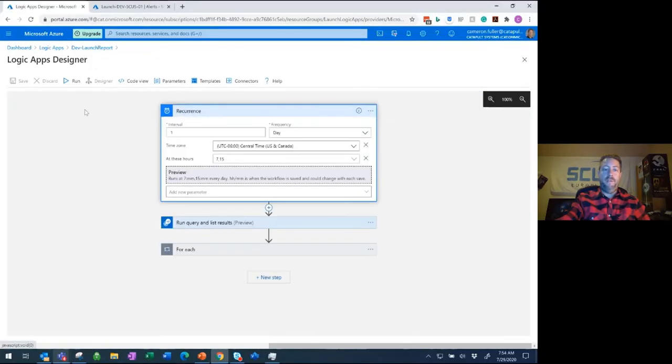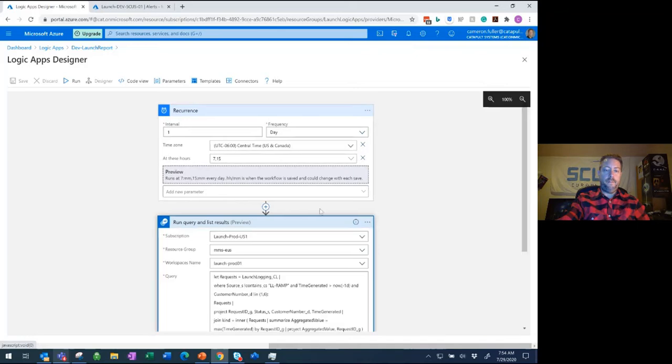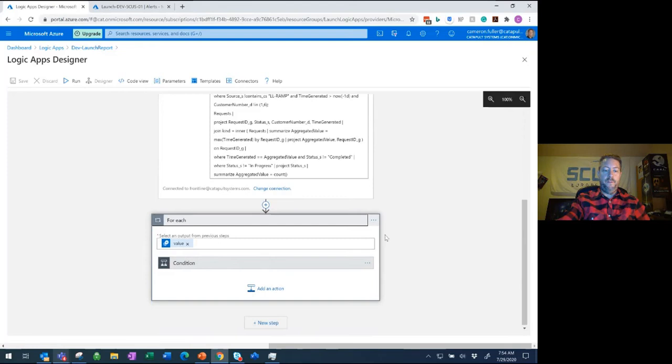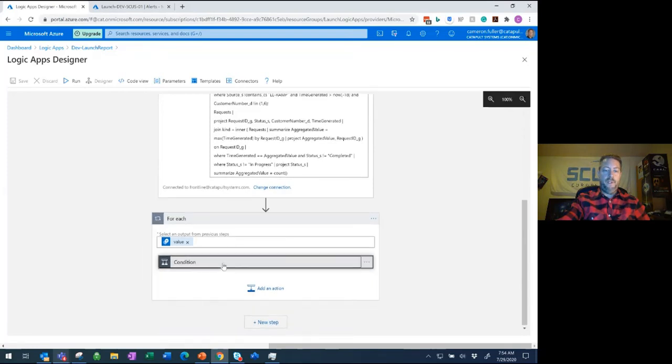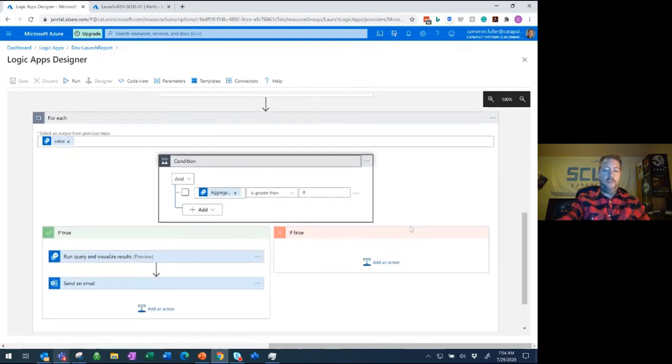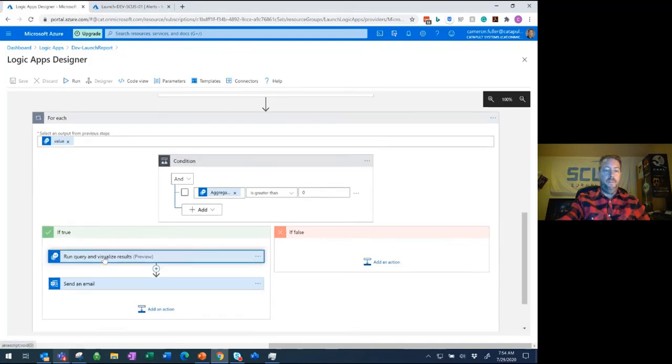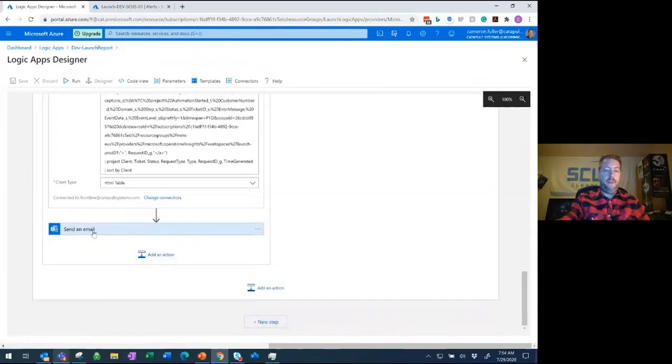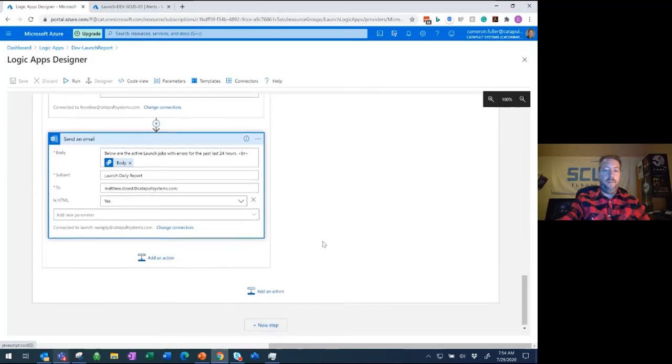It's literally a drag and drop where I set a recurrence. So how often is it going to happen? What's it going to do? In this case, it's running a query from another Azure service called Log Analytics. So it's running a query out into the environment, and then it's going through each of those different loops. It has a condition identified, and if there's a true condition on this, it runs another log, grabs more information, and then it sends an email out with the details that I'm looking for